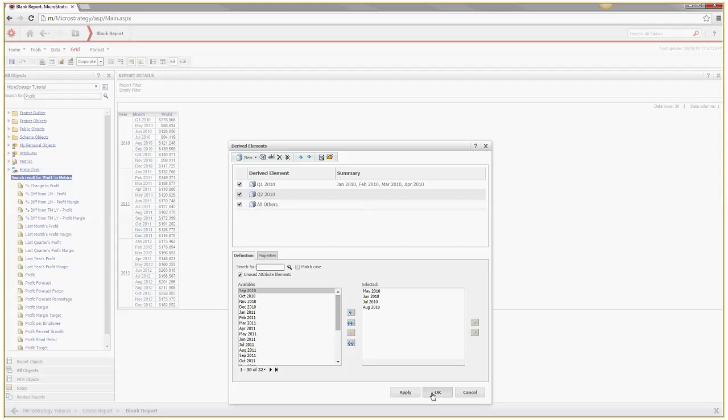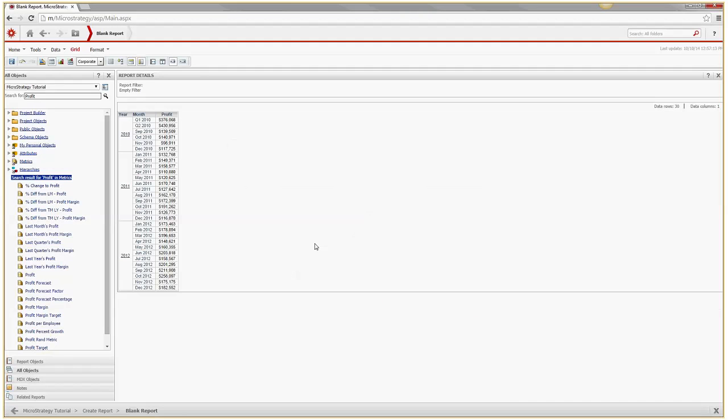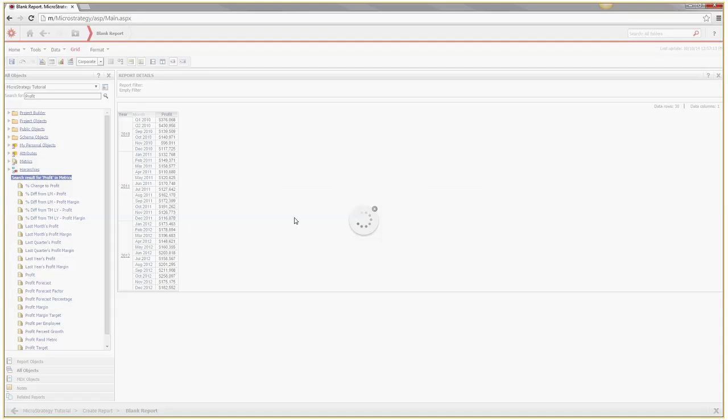And lastly, I'm sorry about that. I should have clicked on Apply. I shouldn't have clicked on OK. But however, this gives me an opportunity to show you how to go back to the derived element. So right click over here and select derived elements again. It's going to open up that editor.